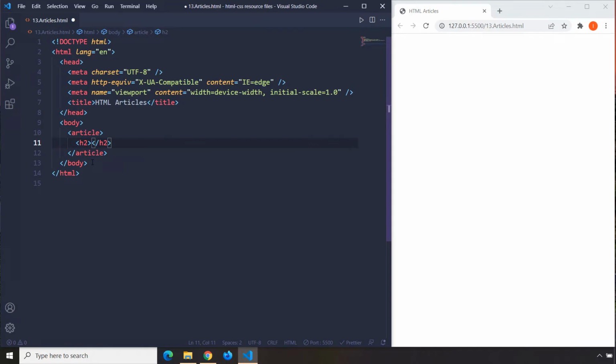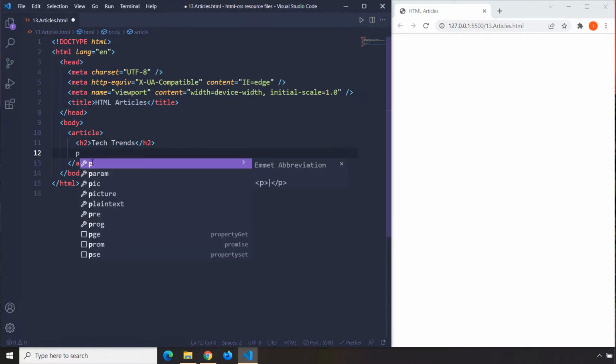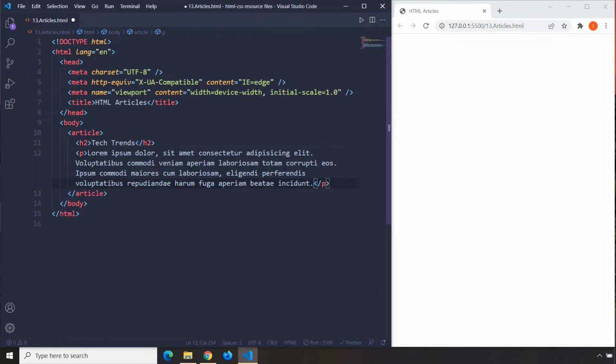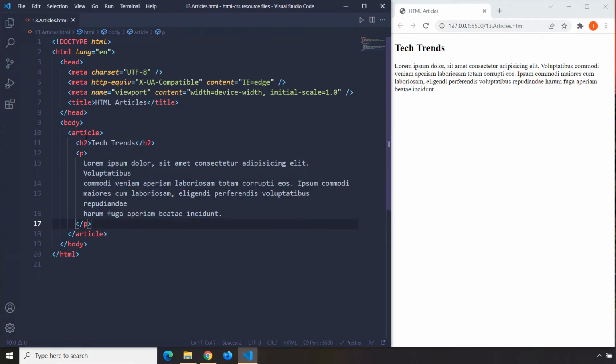So I'm going to say tech trends, and you need to provide some sort of paragraph to just accompany that title, provide more information about that title. This is an article. Now, when it comes to CSS, styling these articles, these sections or headers, you can style